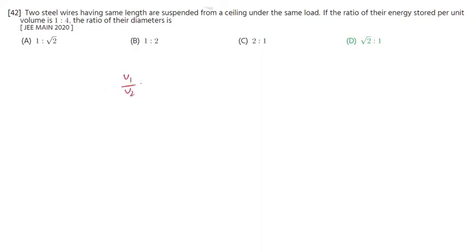So U1 divided by U2 is 1:4, they given, that is 4 U1 is equal to U2. The energy expression you know, so that is 1 by 2Y into W. Here I will write the energy stored expression. It is half into stress square divided by Y. That is the reason why energy stored I am writing as 1 by 2Y. So stress is nothing but force, I am writing that as weight,